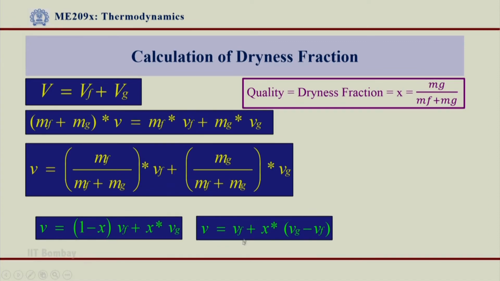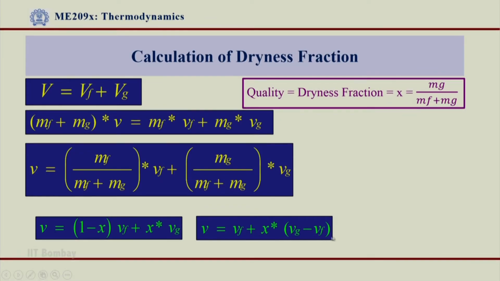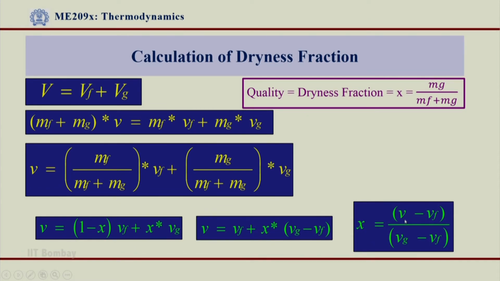This can directly be obtained from the steam table because there are Psat and Tsat values over here, and Vg minus Vf, you have both these values available on the steam table, which is what we call delta V or Vfg, alright. So, I can calculate this property, specific volume, by this formulation, and if I rewrite in terms of calculation of x now, I will get an expression x is equal to (V minus Vf) upon (Vg minus Vf). So, this is actually the same as what we have got here in terms of mass. This is now in terms of specific volume.